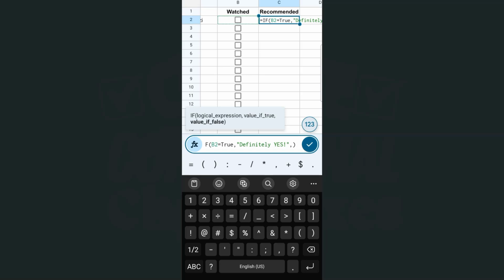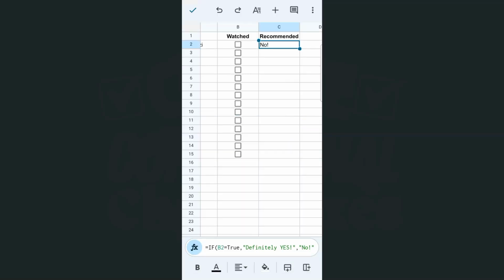There you go, comma. And if the value is false, then we can just say no. Again, in quotation marks. Close that off. And there you have it. If we tap on this check mark on the right side, right now it would tell you no because again, our checkbox is unchecked. Now, if we drag this formula down, we are just going to select all these cells,